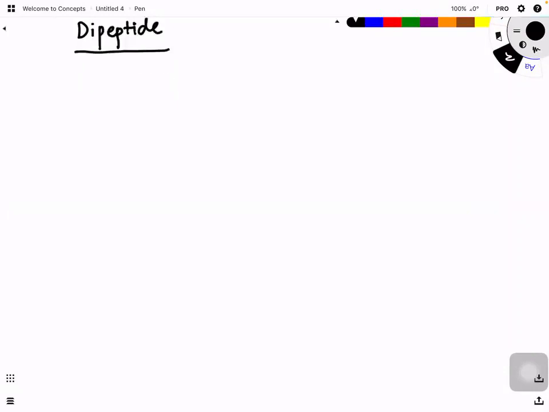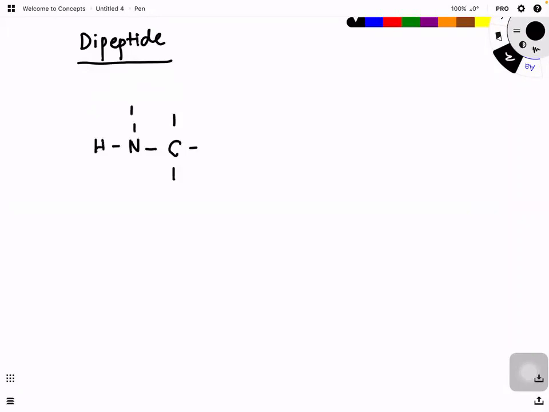Now we have to learn how to draw the amino acids. The central carbon C is joined to 4 different groups. When I draw NH2, I prefer to draw it this way: NH2, CH, R group number 1, COOH. This is the first amino acid. With another second amino acid at the side, also a central carbon C joined to 4 different groups, conventionally on the left-hand side we have NH2, H, then R group number 2, the different R groups,